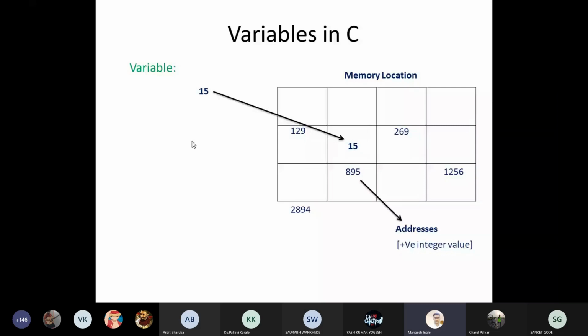Now I'm storing 15, but we are going to store 15 randomly. It is quite difficult to access it when required. Okay, for that reason, what are we going to do? Just concentrate here. If I want to access that 15 value, it is quite difficult. If I want to print that 15, it is quite difficult. We cannot print that 15 because we randomly stored that value at a particular memory location.